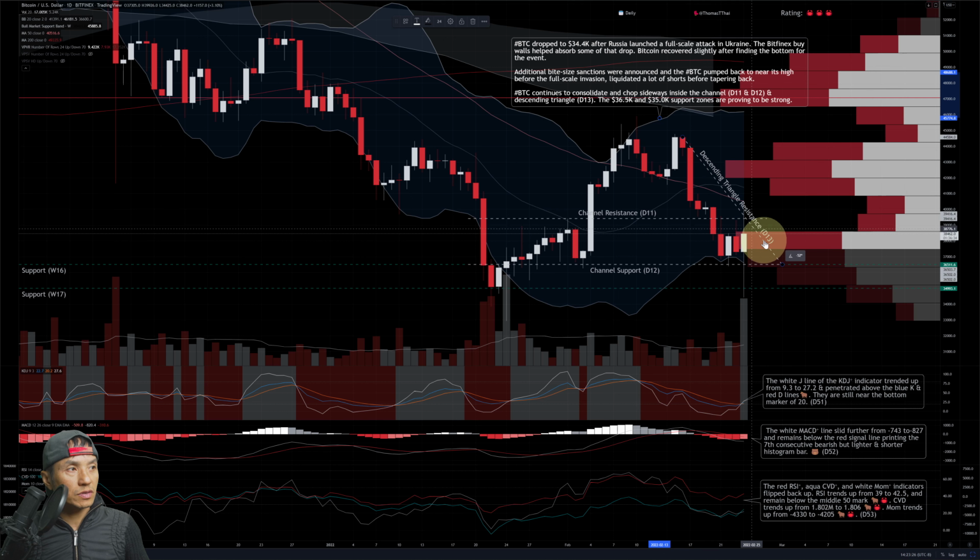It's also trapped inside a descending triangle as it consolidates sideways and chops up and down. If it breaks above this descending triangle resistance, that's bullish. If it breaks again back below the 36.5 or 35K zone, that would be bearish. And that, I believe, has a lot to do with the actions that are going to take place between the West